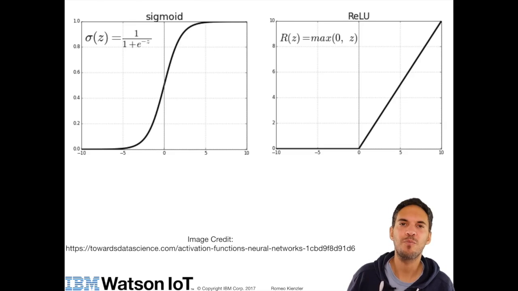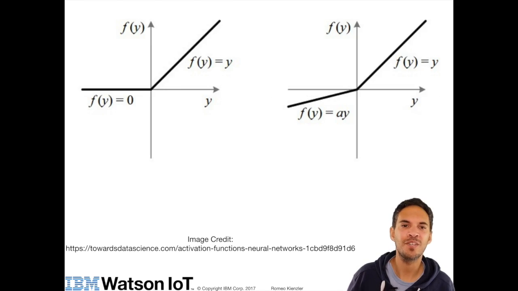This is first of all because the computational complexity is lower, and neural networks also tend to converge faster using ReLU. One problem with ReLU is that it can cause dead neurons because of a range where the output is 0. Therefore, there's a variation of ReLU called leaky ReLU. As you can see, on the negative side there is a little value, and that increases the value range and also prevents dead neurons. So in case your neural network training doesn't work perfectly, you can just try leaky ReLU,